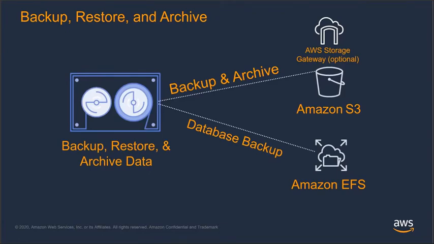Okay, moving on. So enterprises often look at migrating backup and restore and archive data onto AWS because they can enjoy the advantages of scalable, durable, and low-cost cloud storage with a simple and quick migration. Customers can use AWS Storage Gateway as a virtual tape library, for example, or as a file storage target for their backup infrastructure. Practically every enterprise backup or information management software available in the marketplace today integrates directly with S3 and S3